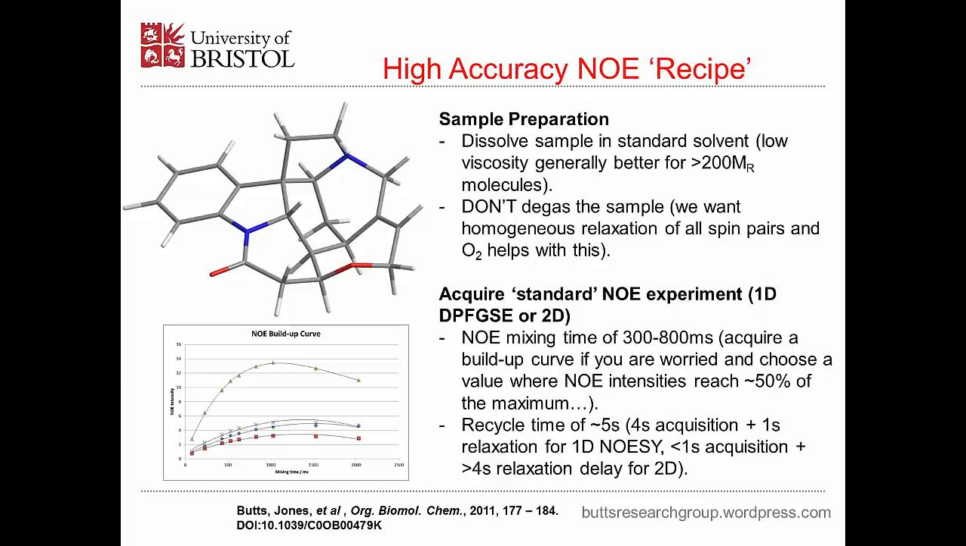And finally, one of the big keys here is relaxation delay. You've got to have reasonably homogeneous relaxation. You want all of your nuclei to have relaxed roughly similar amounts. And with a 1D NOESY, the good news is you get this for free because your acquisition time is usually relatively long, about 4 seconds. You throw on a 1 second relaxation delay, you've got a total recycle time of 5 seconds, and that seems